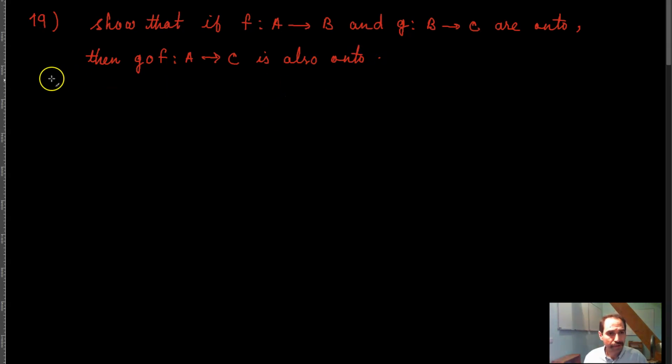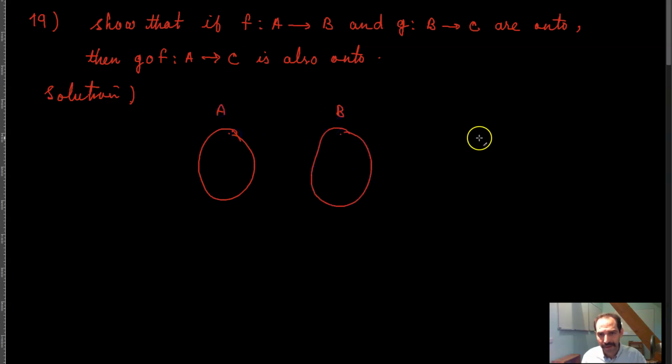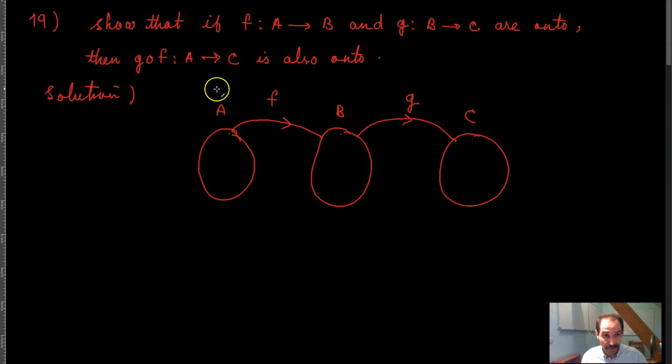Right? So the solution is, basically onto means that f is surjective, g is also surjective. If I assume that, for example, there is some set A here, some set B here, and some set C here, and f goes from A to B and g goes from B to C, and f and g are both onto. So if I assume that f is onto and g is also onto,